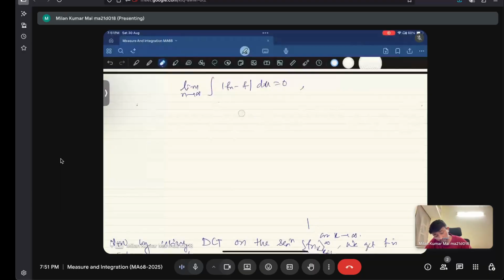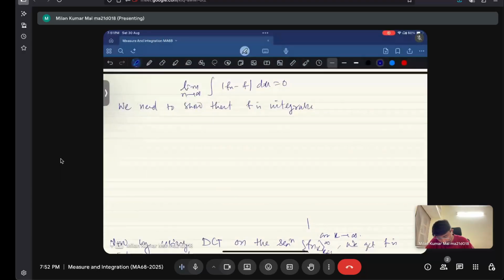And for every subsequence, the integral over X of fn d mu, n equals 1 to infinity, converges to the integral over X of f d mu. This is what we have to show. So it is enough to show that